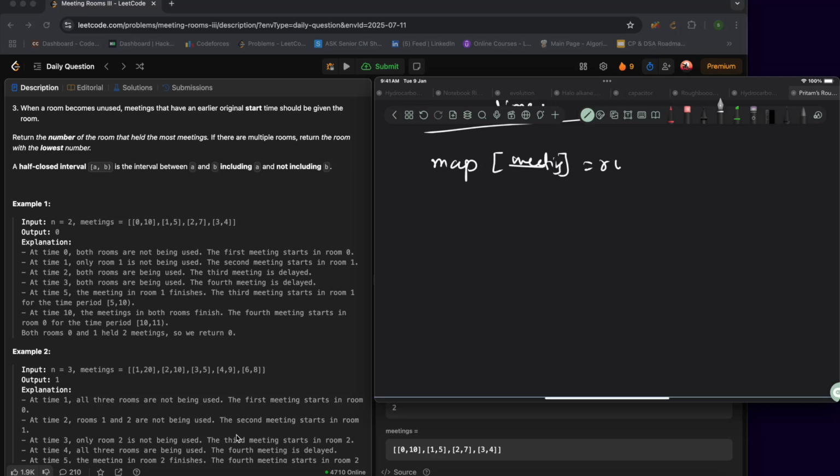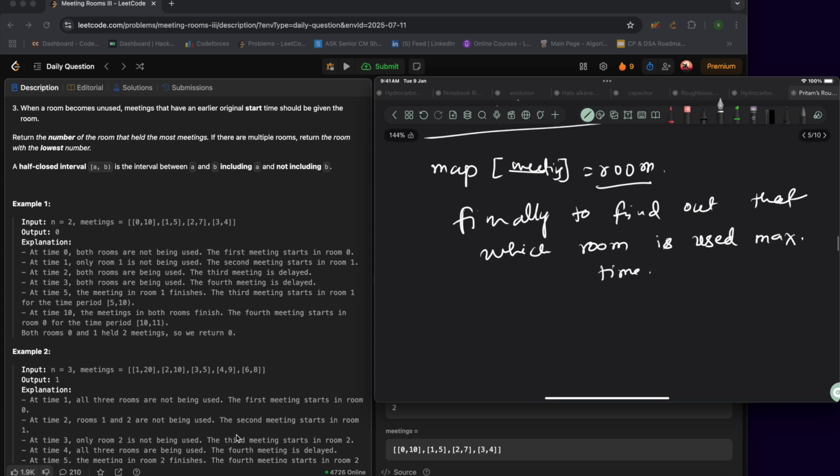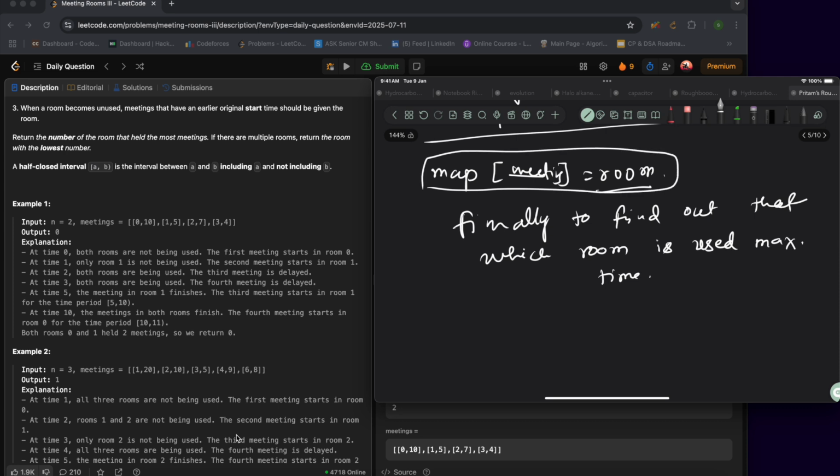which room is used, because finally we have to find out which room is used maximum time. That is the problem. So for that we will be using a map to consider which meeting is used in which room, and when